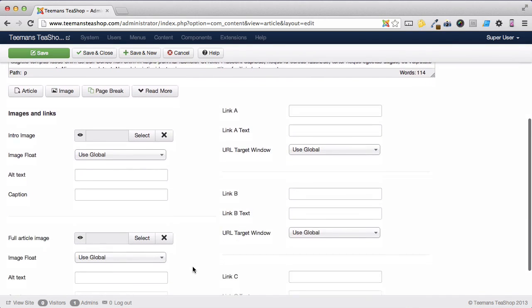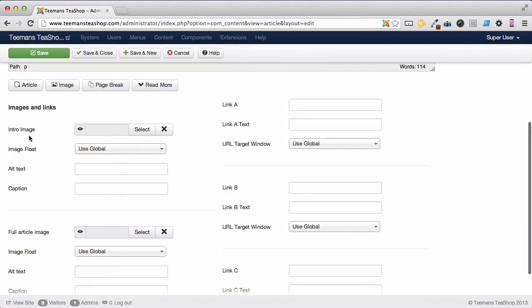Here you can see we can have 2 different fields for an intro image and a full article image. This allows me to use a smaller image on the blog page and a larger image on the full article page. I've already prepared my images. In my case, I'm using images that are 350 pixels wide for the intro and 700 pixels wide for the full. So let's go ahead and select those images. Click on the select button,